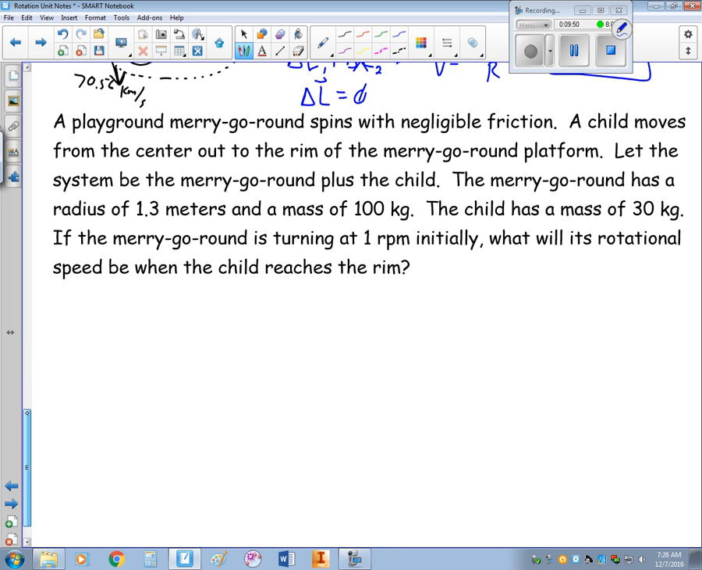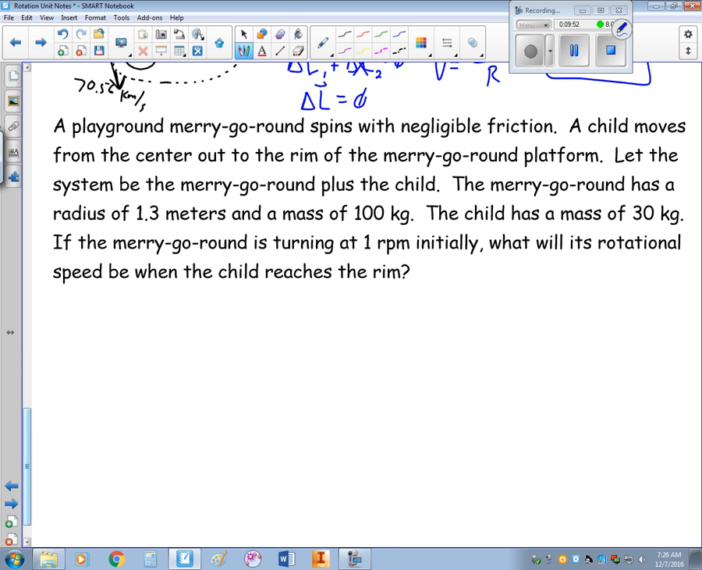The next problem I want to look at is a playground, and specifically a merry-go-round. And let's say it's spinning with negligible friction. Let's say there's a child that's moving from the very center out to the rim of the merry-go-round platform. So as this merry-go-round child system spins, because the child's moving,